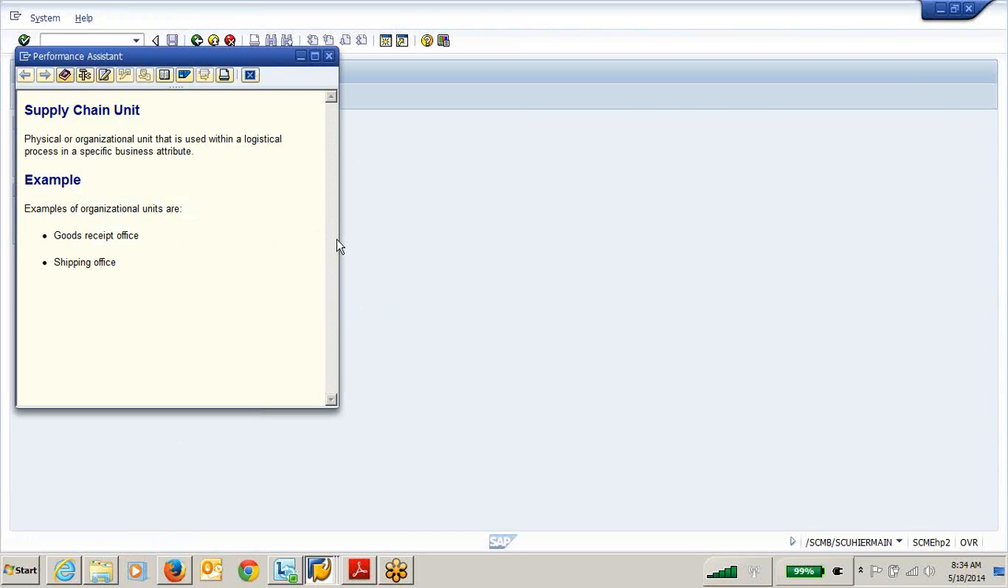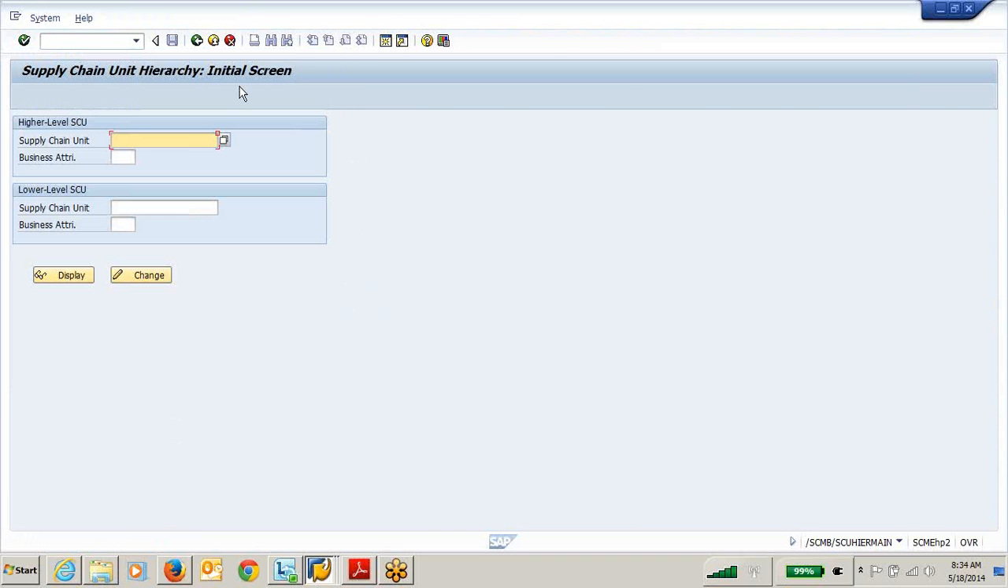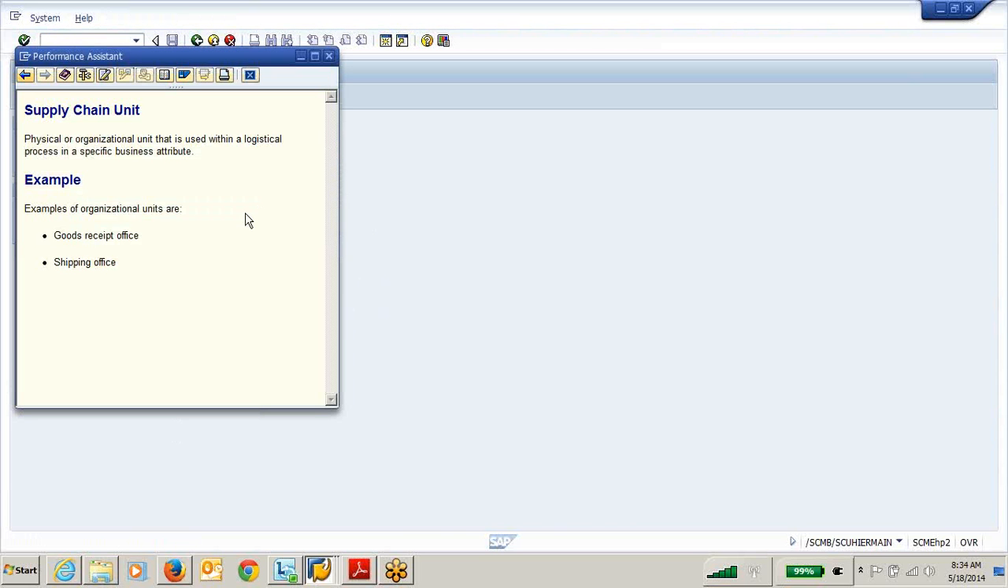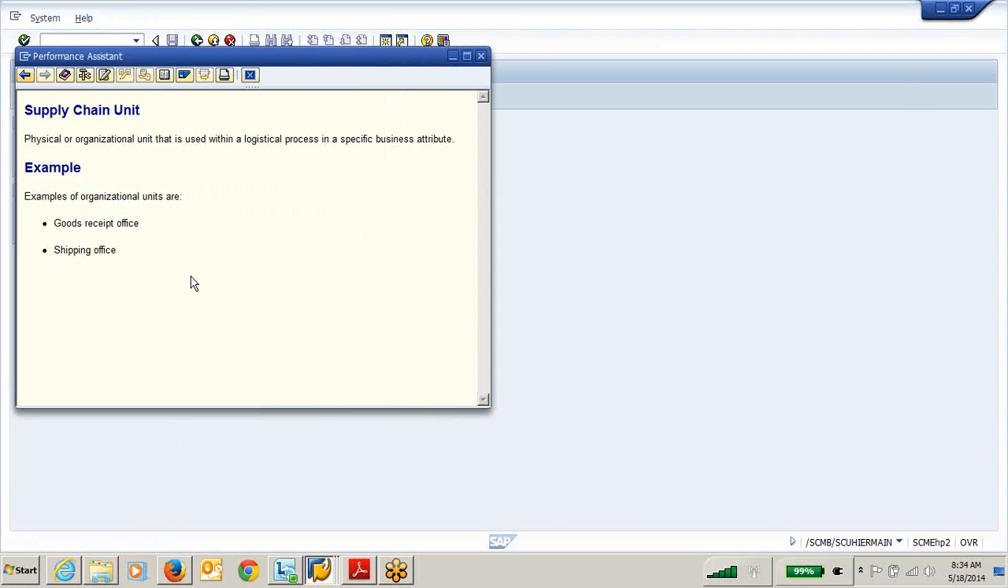Here we have the good example. Our company will create a supply chain unit, but the stock is maintained elsewhere. In our case, it is maintained by DHL. So, for example,